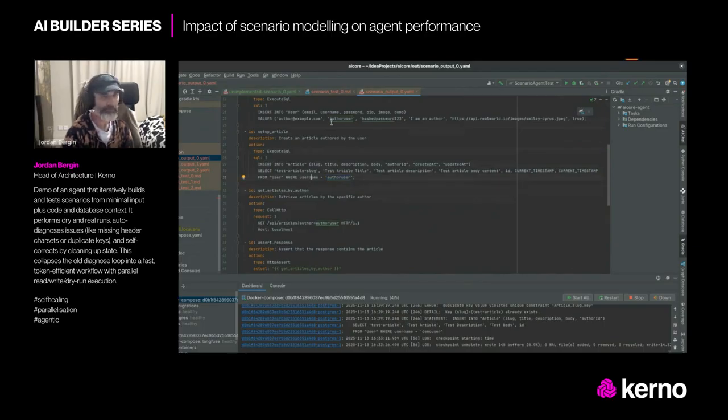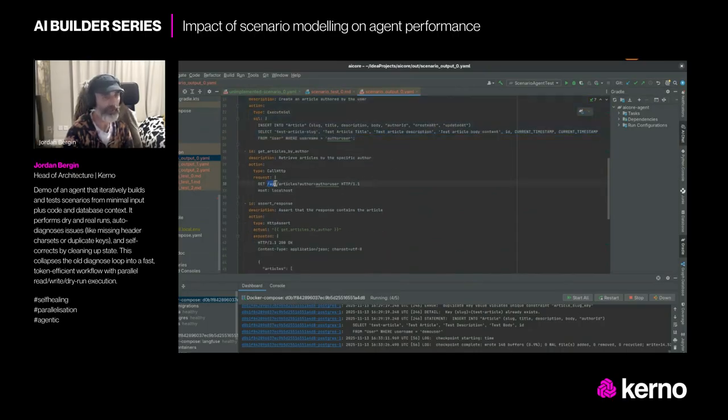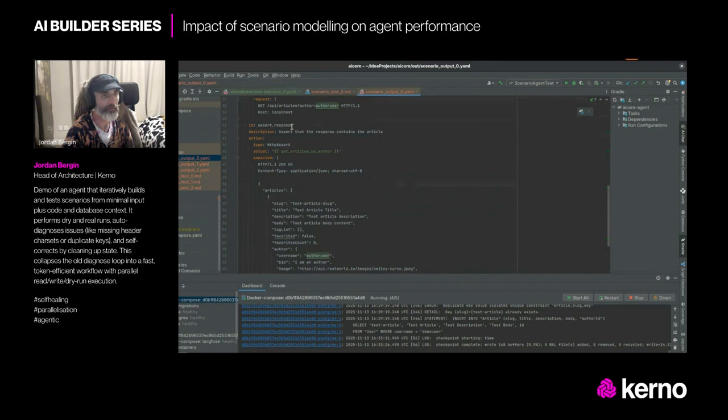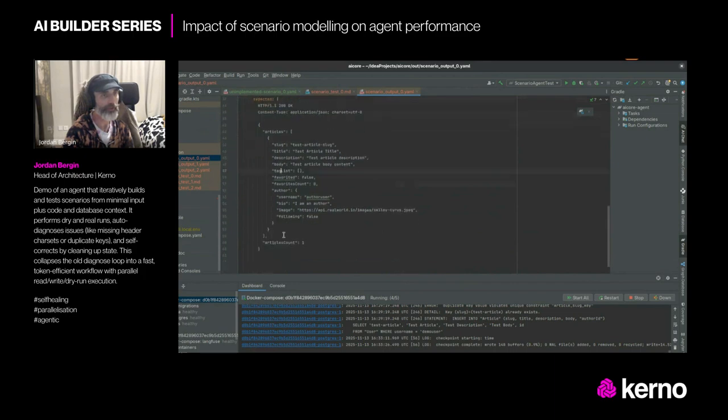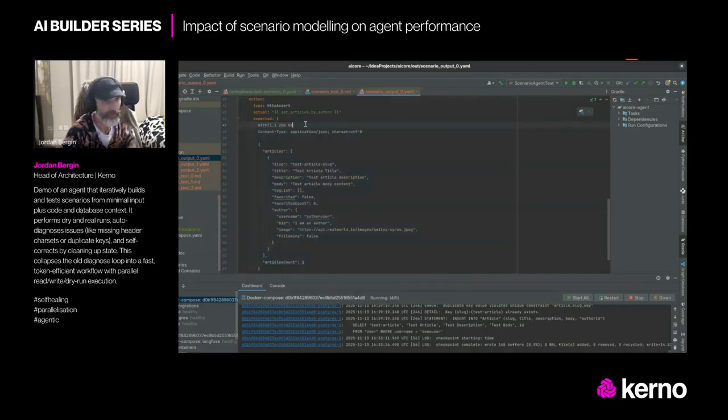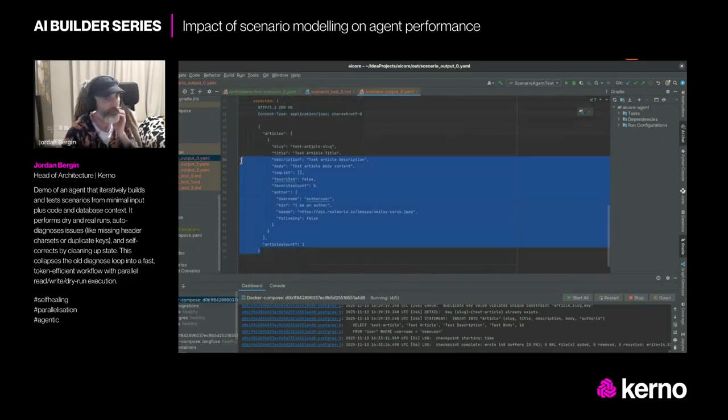So you can see here, got a user, authored an article by that user, and now we're going to call get articles where the author is this user. And lo and behold, we then do an assertion on the response. And this will only pass if that matches. The headers in the response have at least these. Obviously, there's loads of extra headers you can't anticipate. And it checks that the response also contains everything in here.